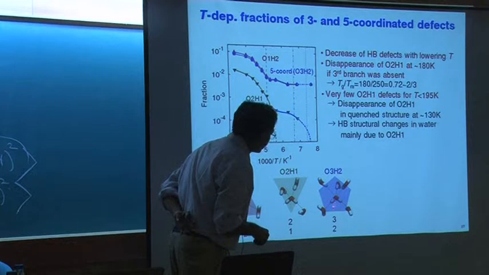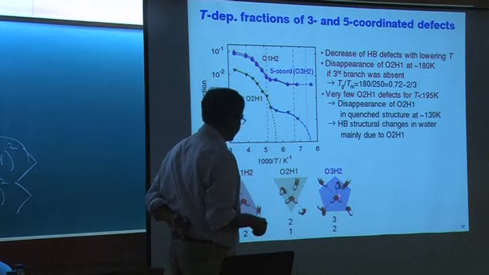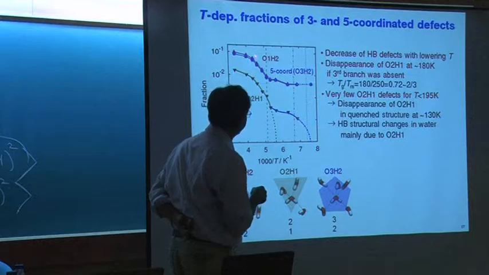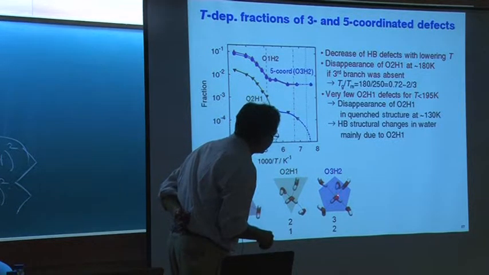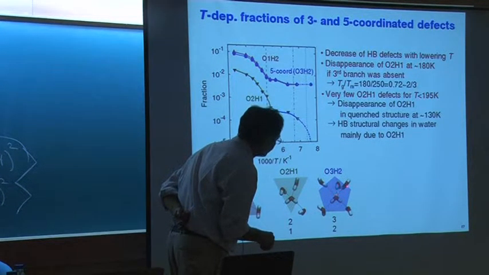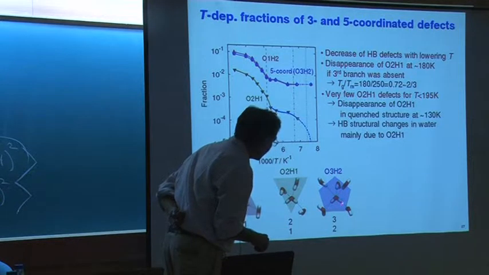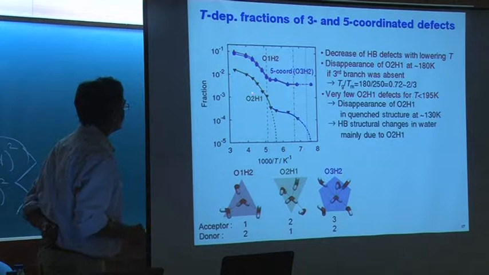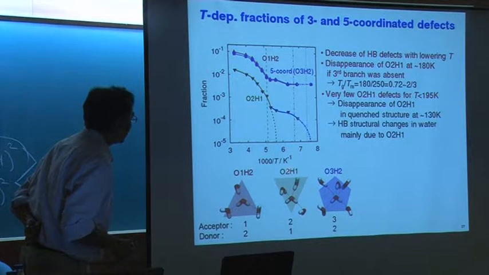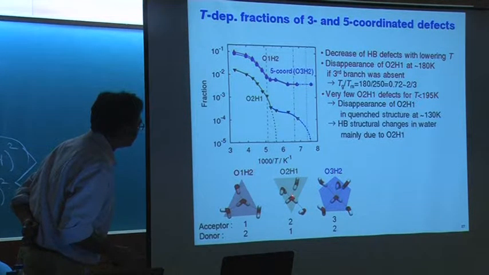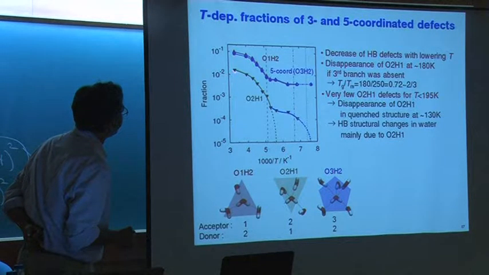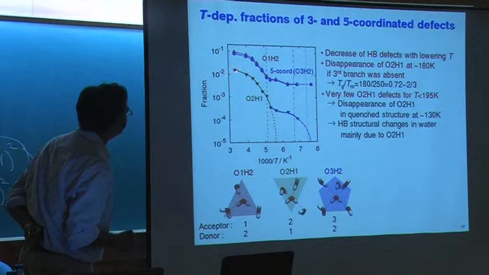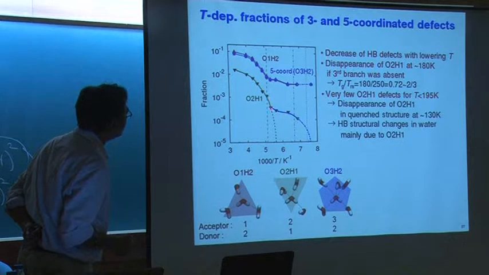The other is the 5-coordinate water molecule. These are the defects. These are the defects which you show how the defects are decreasing here. And here, oxygen forms 3 hydrogen bonds. And both the two hydrogens of the water molecules are hydrogen bonded. Now the O2H1, which is this guy, which is oxygen is doubly hydrogen bonded, but only one of these things, that guy decreases really sharply. This is the guy which follows much of the